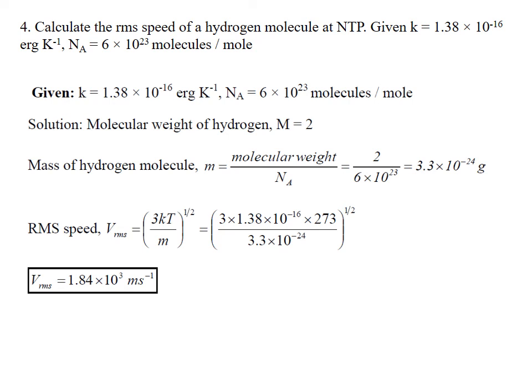So hence we need to calculate the mass of the hydrogen molecule, which is molecular weight divided by Na. On substitution, we get 3.3 into 10 to the power of minus 24 grams. Again, the root mean square velocity expression is square root of 3kT divided by m. On substituting all the known values, we get the value as 1.38 into 10 to the power of 3 meter per